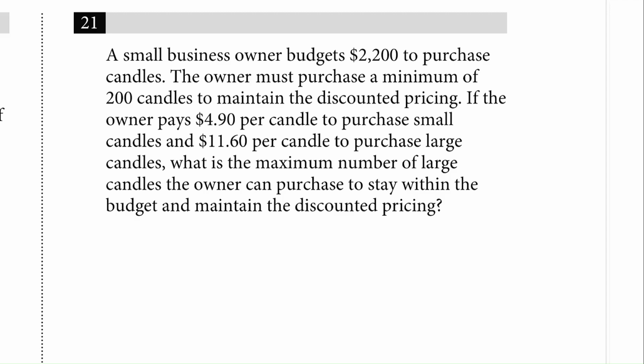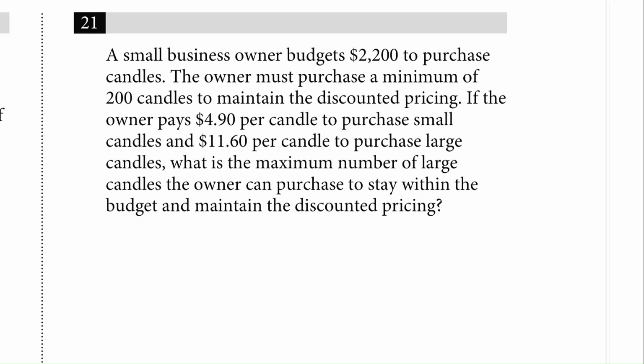A small business owner budgets $2,200 to purchase candles. The owner must purchase a minimum of 200 candles to maintain the discounted pricing. If the owner pays $4.90 per candle to purchase small candles and $11.60 per candle to purchase large candles, what is the maximum number of large candles the owner can purchase to stay within the budget and maintain the discounted pricing? This is going to be a system of inequalities, and we can figure out the maximum number of large